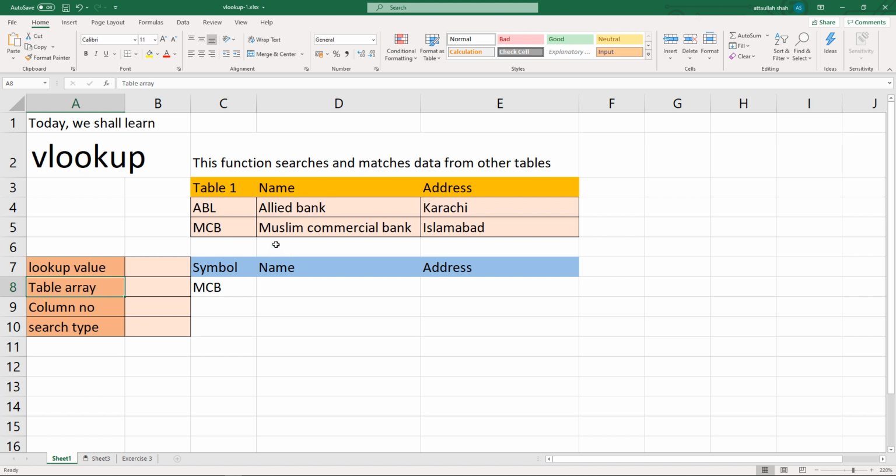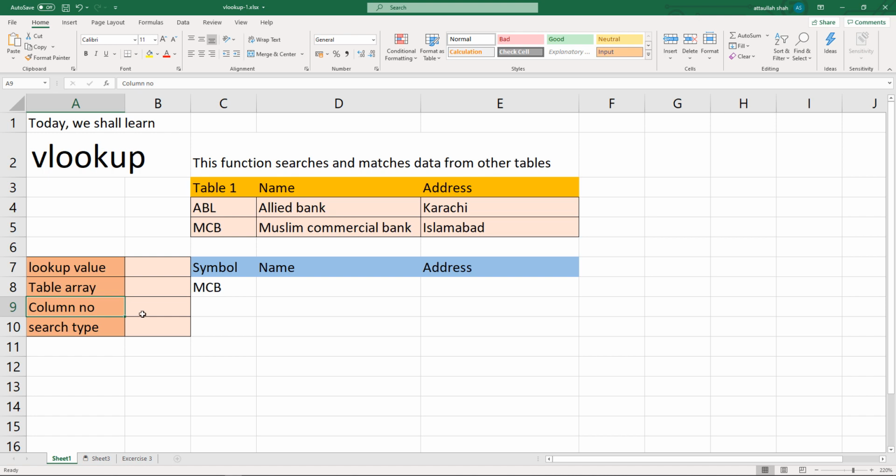So in this specific table, this is our table array. It starts from C4 up to E5. So these 6 cells will be our table array. This is the area of the table where we will be searching for the lookup value.